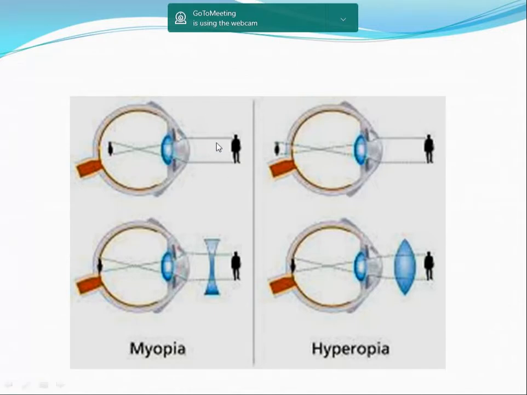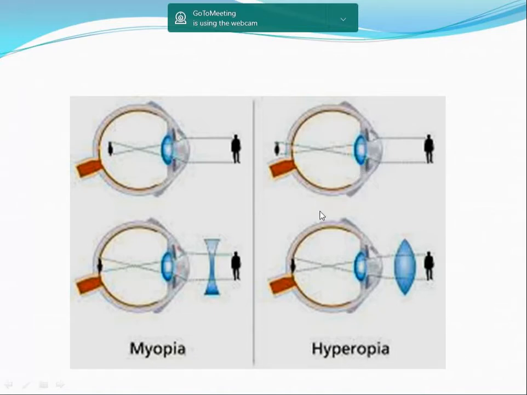So in myopia, the image is formed in front of the retina. In order to take this image back, we diverge the rays before they reach the eye by putting concave lenses. So the treatment of myopia is concave lenses. By putting concave lenses, instead of parallel rays, diverging rays enter the eye, so it is able to form the image right over the retina.